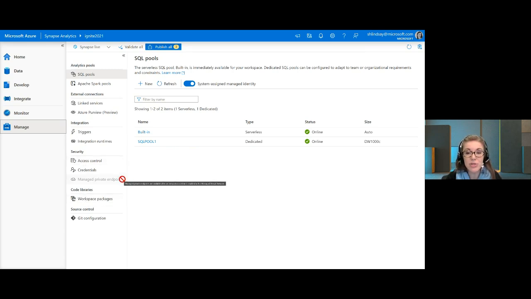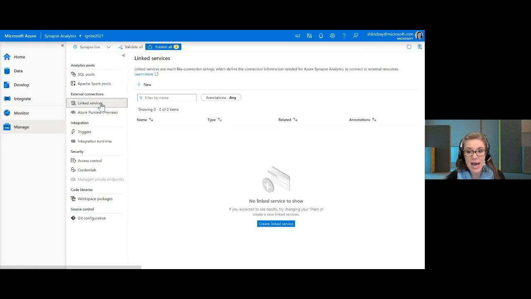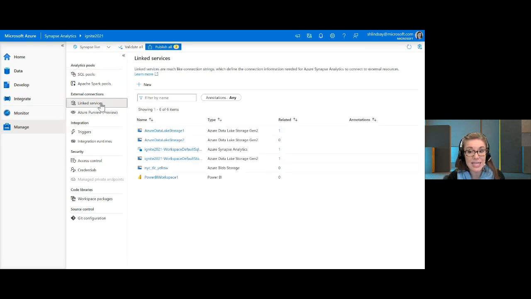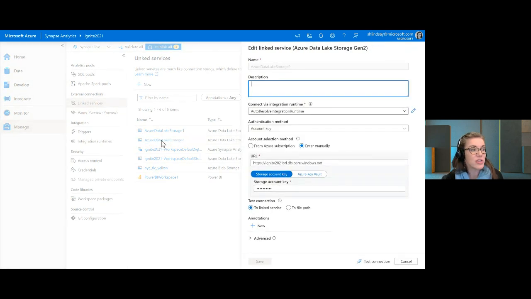So the Manage Hub enables you to perform some of the same actions that you can perform within the Azure portal, like managing SQL and Spark pools, but there is also a lot more that you can do in this hub that you can't do anywhere else, such as managing linked services. Looking at our linked services, we actually have the ability to change the connections. So there's a lot that you can do here in this Manage hub.